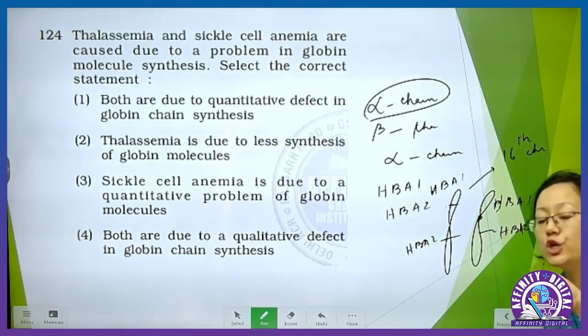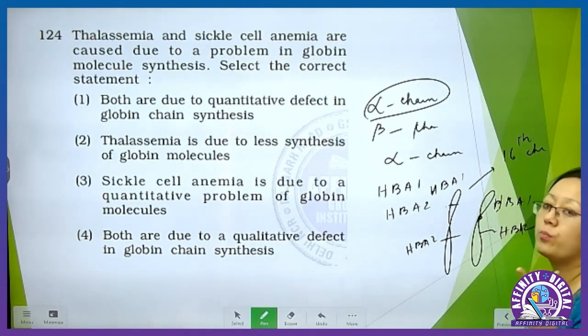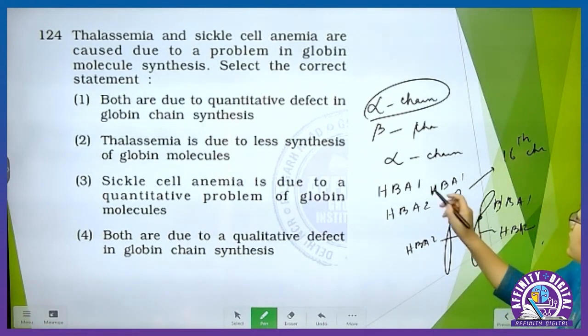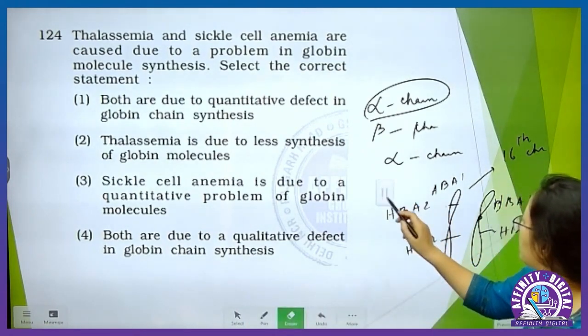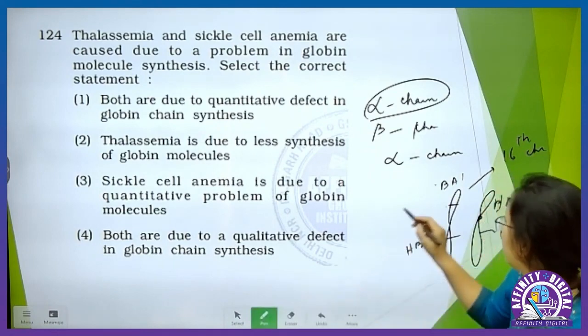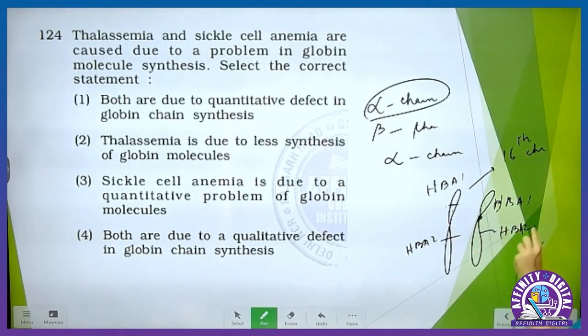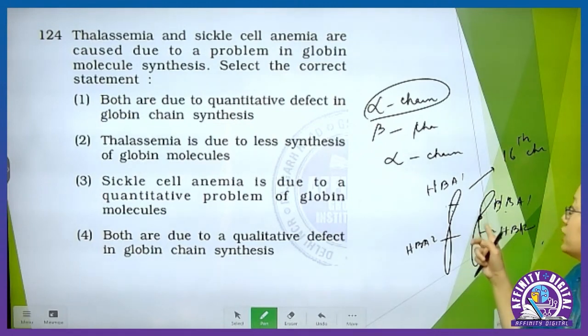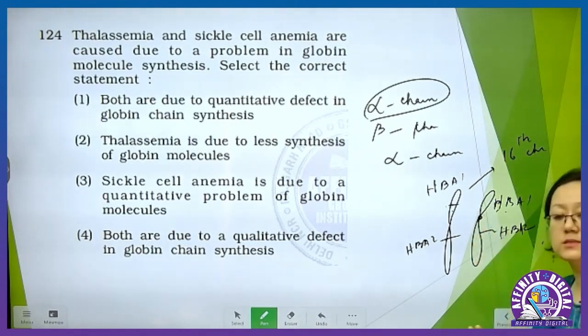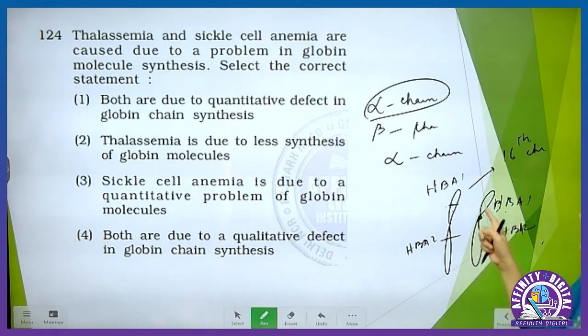In every human being, chromosome 16 has two copies, which are homologous chromosomes. On these two chromosomes the genes are closely linked, and they are responsible for synthesizing the alpha chain of hemoglobin. So in all normal human beings, we have these genes located on chromosome 16 and we have normal synthesis of alpha chain. But out of these four genes, if one gene is deleted,